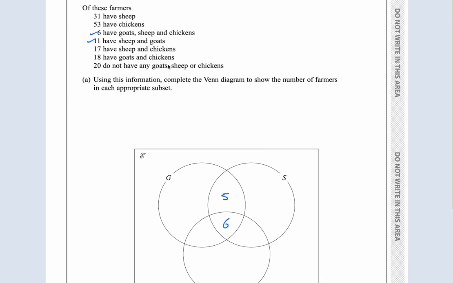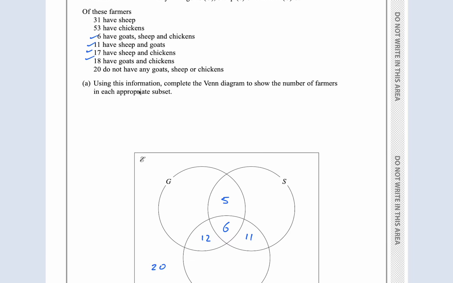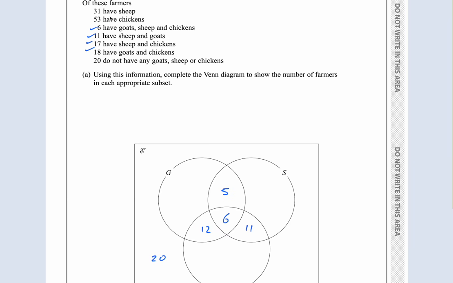17 have sheep and chickens, right? That's sheep and chickens here. So this has to be 11. This one's done. 18 have goats and chickens. So this has to be 12, because 12 plus 6 gives me 18. 20 do not have any goats, sheep, or chickens, right? So 20 goes outside. And then now I can use my 31